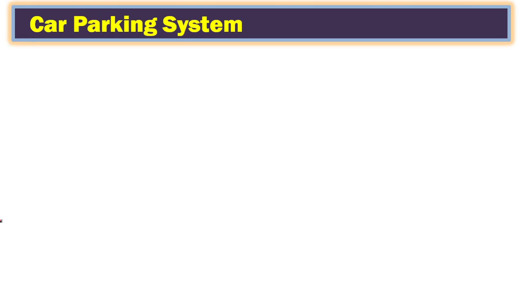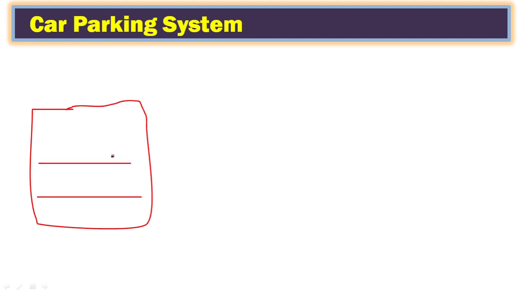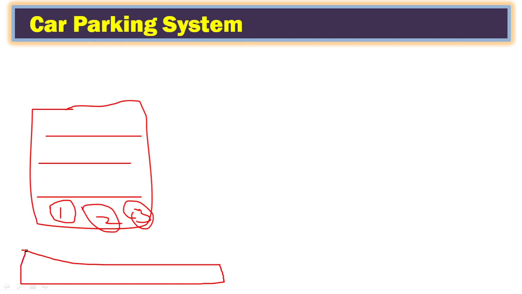Fine. So let me explain how this project has to work. Here is the car parking bay or a building. It will have multiple floors, and each floor will have car slots. Let me call this 1, now this is 2, and this is 3. These are the slots on the first floor. Same for the second floor and third floor, or it may be an open field, where we can also have slots 1, 2, 3, 4 like this. These slots may be in a building or on the ground, anywhere.